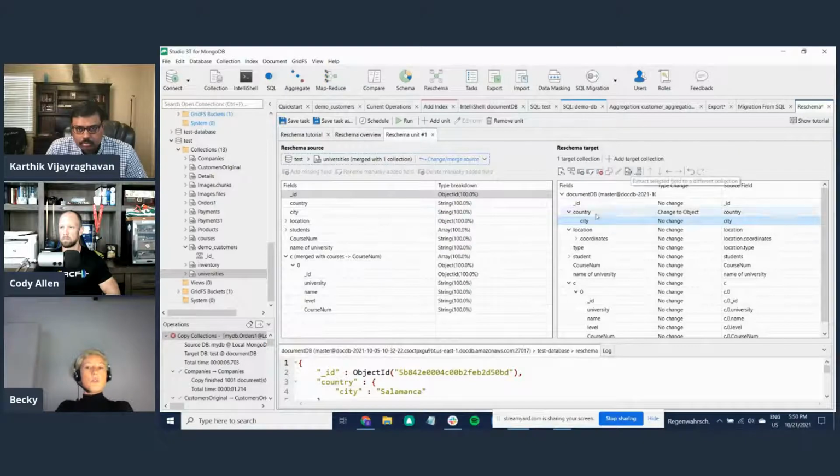And if what you need to do is send fields to a different collection, so essentially take one collection and split it up into many, you can extract fields to a different collection one by one, or you can unwind an array or an object as well. This is